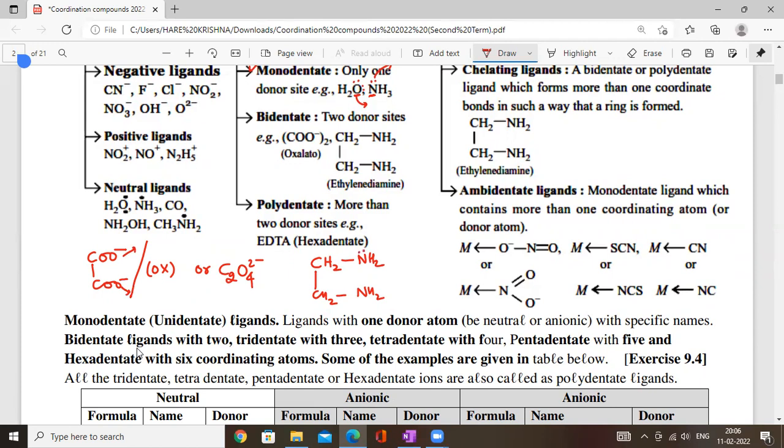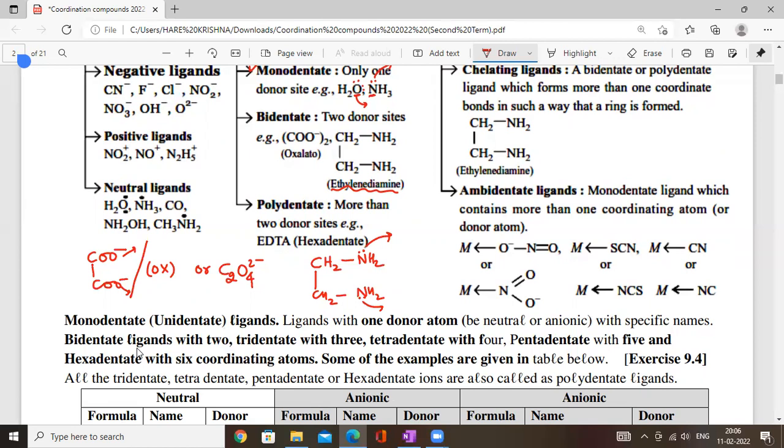Here there are two nitrogen atoms which are donors. One is this, one is this. That's why ethylene diamine, or ethane-1,2-diamine, one and the same thing, is nothing but a bidentate ligand. In the same way, any ligand which contains three donor atoms is called tridentate, which contains four donor atoms is called tetradentate, which contains five donor atoms is called